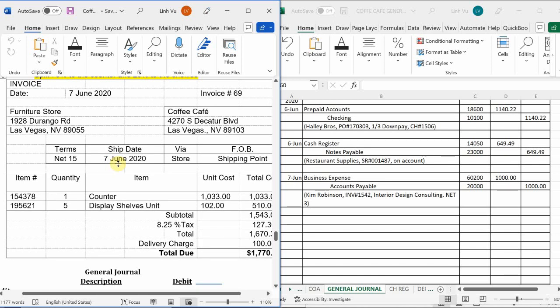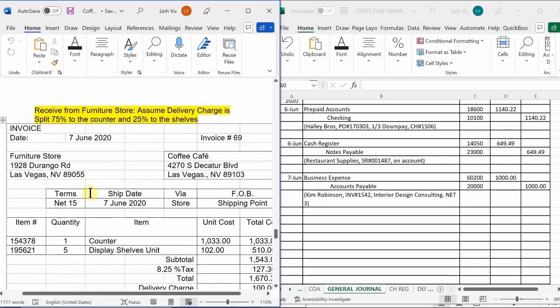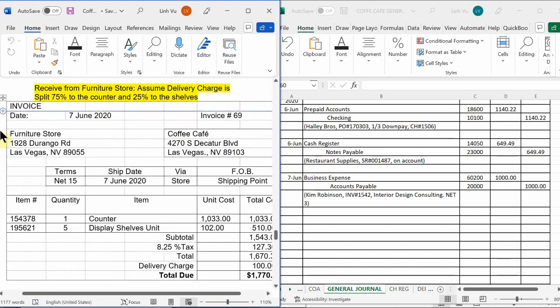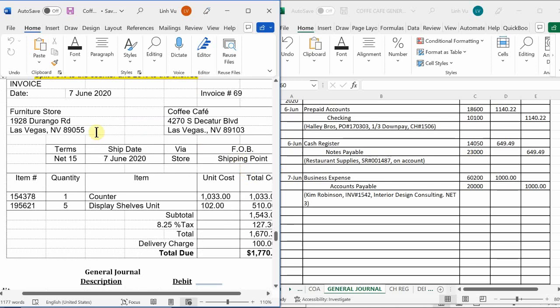Okay, so how do I record this transaction? Let's analyze this bill a little closely. I've received a bill from the furniture store. The invoice is number 69. We got terms of net 15, delivery to the store on the 7th, shipping point. Here is the detailed information that we purchased: